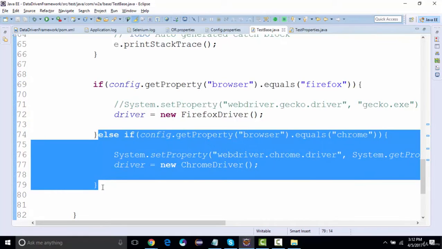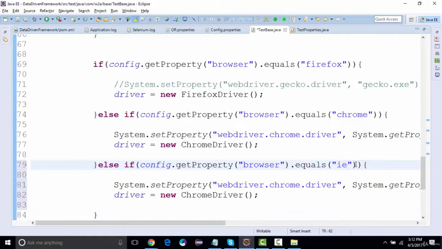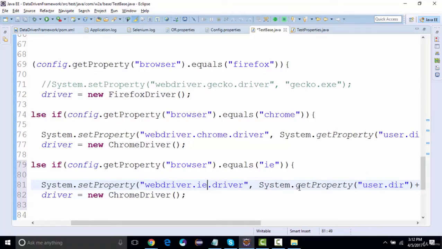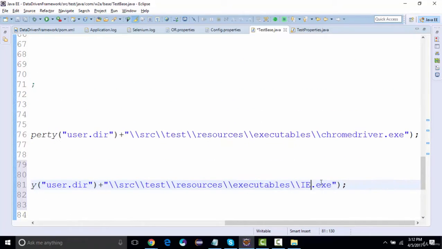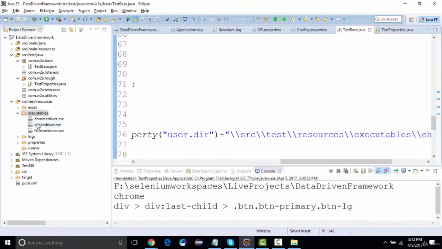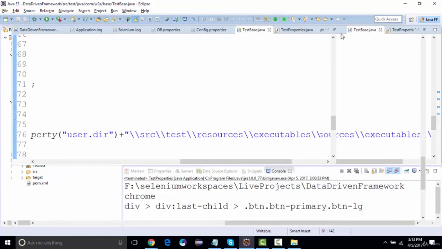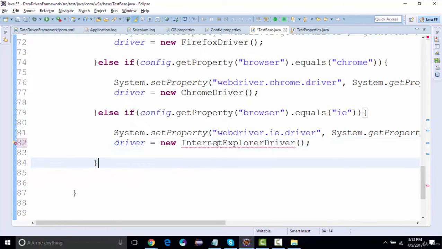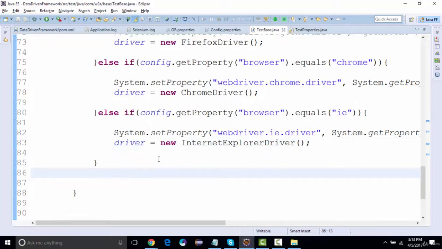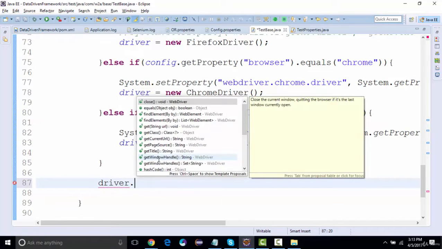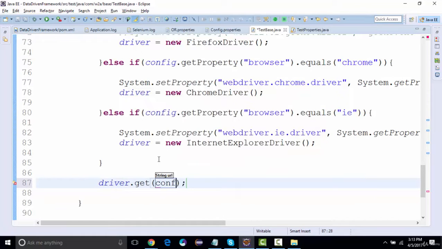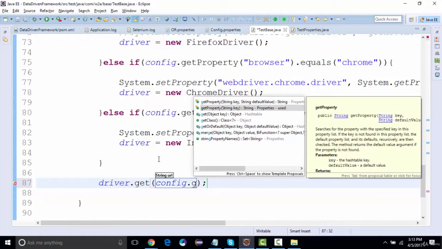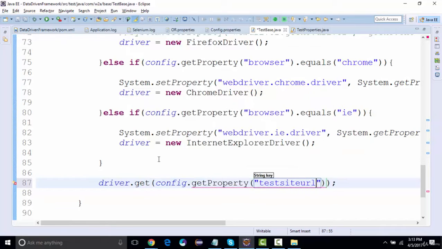We're going to mention if the browser is IE, it should say the IE driver property, and over here IEDriverServer.exe, right? So these are the names of the Chrome driver and IEDriverServer.exe. We're giving the path of these files, and over here it will be the Internet Explorer driver. And once we are done with this, we can say driver.get(config.getProperty test site URL),